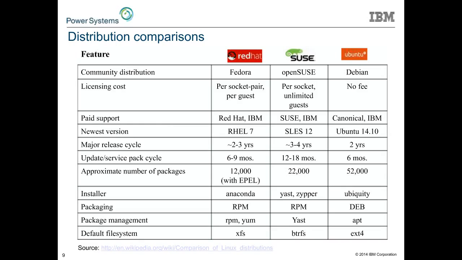Something one could consider. Oftentimes what I find is this becomes a rather religious discussion or really one-up preferences. Oh, I like YAST better than Anaconda, or I prefer RPMs over Debians. And so you'll oftentimes get those sorts of opinions. It's probably worth mentioning a lot of the information on this page came from Wikipedia, of course, the source of all good information. And so that link is available there. Should you want to see more information, feel free to follow that link and learn more.